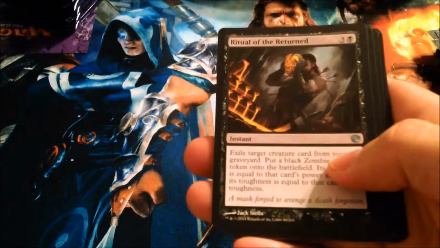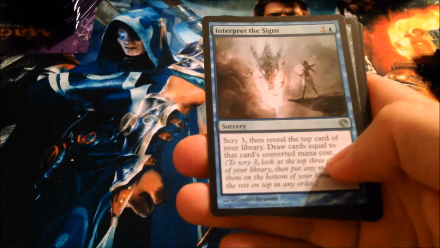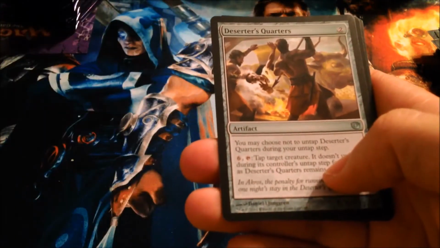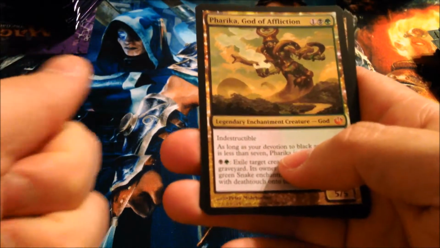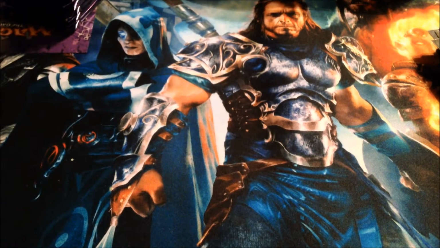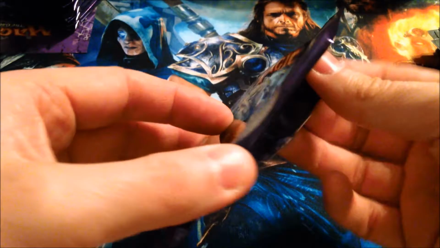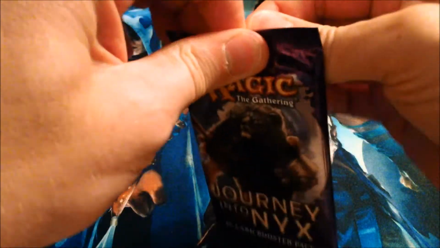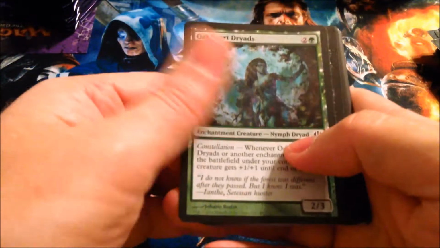Some Mana Confluence. Mana Confluence, I think that's it. Ritual of the Returned, Interpret the Signs, Deserted Quarters, and Pharika, God of Affliction. So 3 out of 5 gods, looking good. And I opened Athreos at the pre-release. So actually, if I get Crucifix, I will have at least one of all the gods from this set, which would be pretty cool. However, there are definitely mythics I'd rather open than Crucifix right now. So,